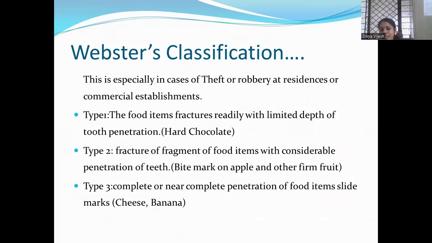According to Webster's classification, this is especially in case of theft or robbery at residences or commercial establishments. Type 1 includes food items that fracture readily with limited depth of tooth penetration, like hard chocolates. In type 2, there is fracture or fragment of food items with considerable penetration of teeth, that is, bite marks on apple and other firm fruit. And in type 3, there is complete or near complete penetration of food items, like marks on cheese